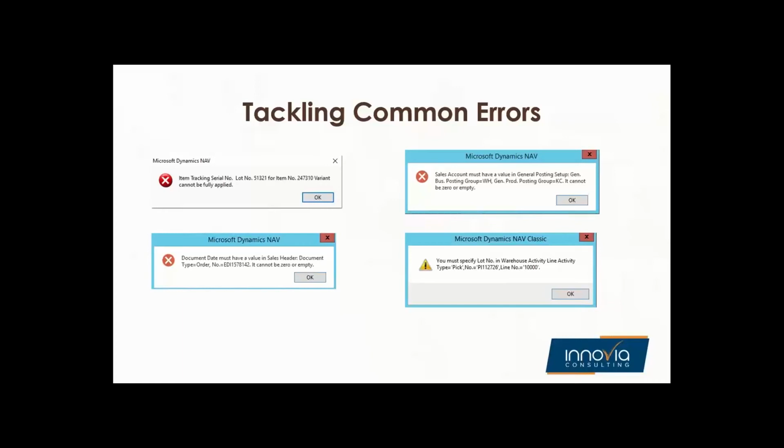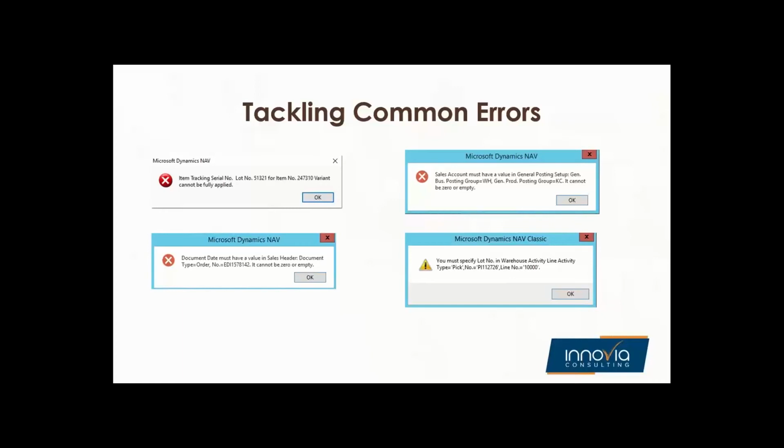That's a good point. Yeah, this is more of a setup error than an error that you would debug. That's true. And once you define it for this combination, nobody else should get the error. You might get another one for a different general business posting group or a different general product posting group. But it's all pretty much setup stuff. So great point. That is setup specific, and once you get past it,